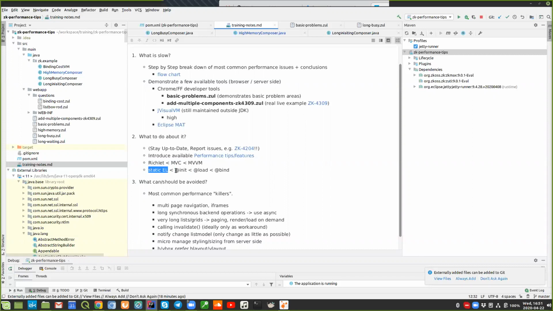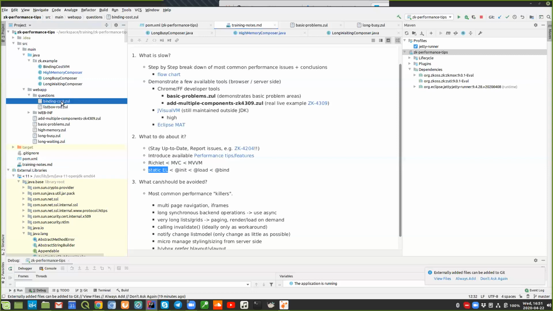The init bindings remain in memory, but they also evaluate once, and they will reevaluate if you detach and reattach the component somewhere, which is something you rarely do. So very often you can just use static expressions. And the load bindings, of course, constantly listen for notified changes and then reapply the changes. If you need this, of course, you have to use it, but if you don't need it, prefer static EL,